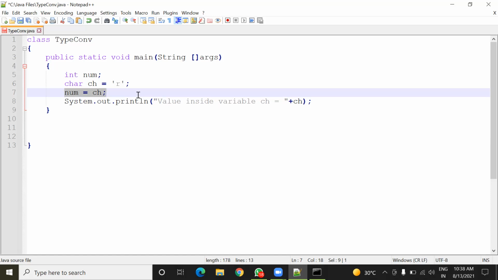Sir, implicit conversion. Why? Because the size of num is larger than the size of char. Okay. So it's the process of widening.